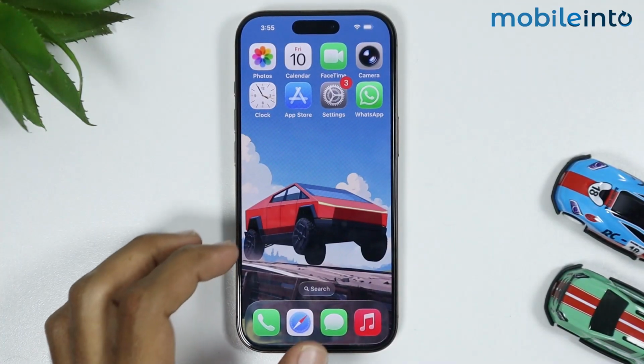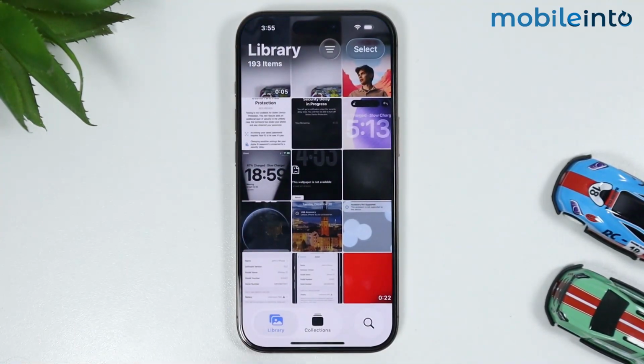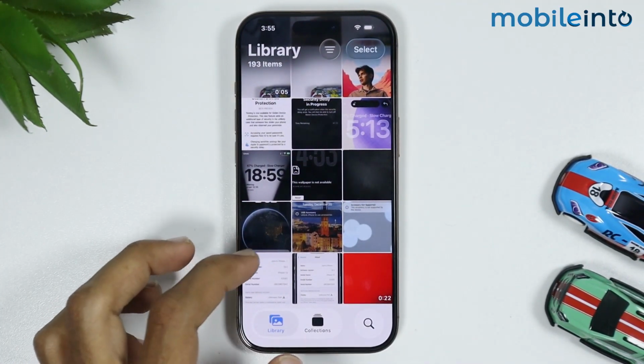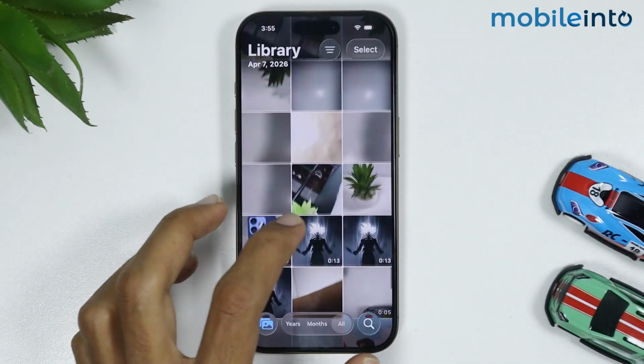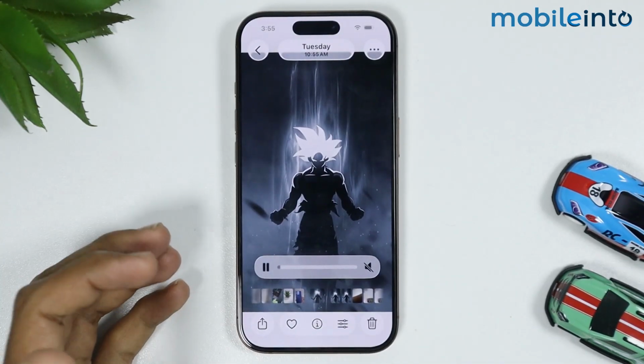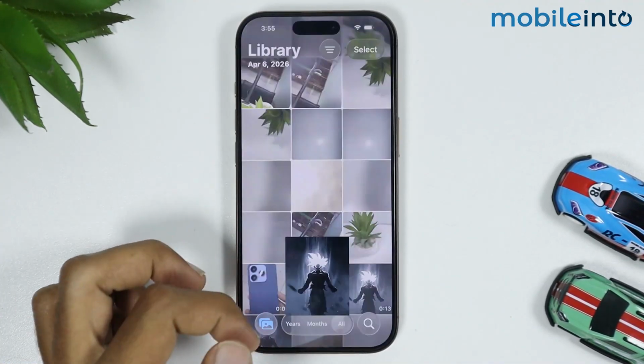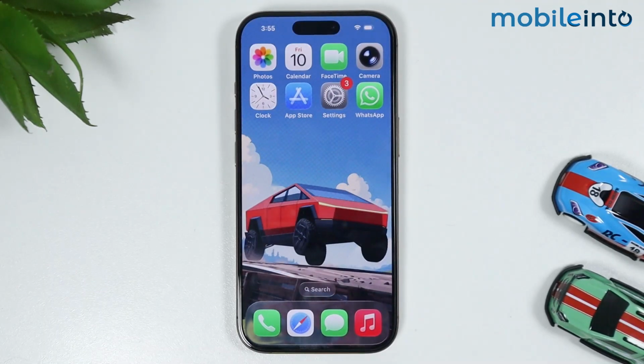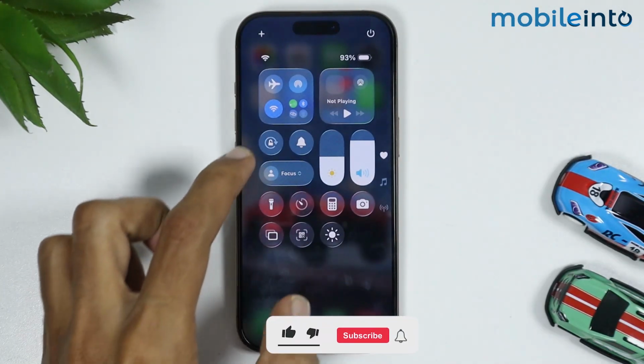In this video, I will show you how you can fix the unable to load issue on any iPhone. Now, if you're trying to play a video on your iPhone, but it keeps showing you the unable to load error, now to fix this issue, first of all, just open the Control Center on your iPhone,